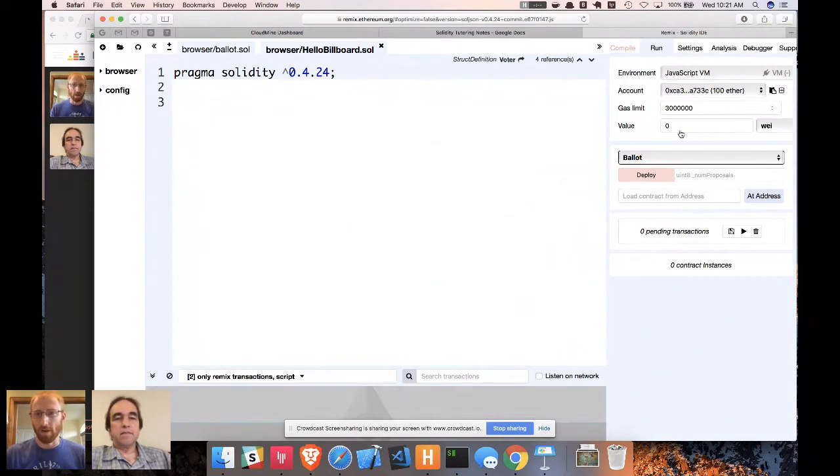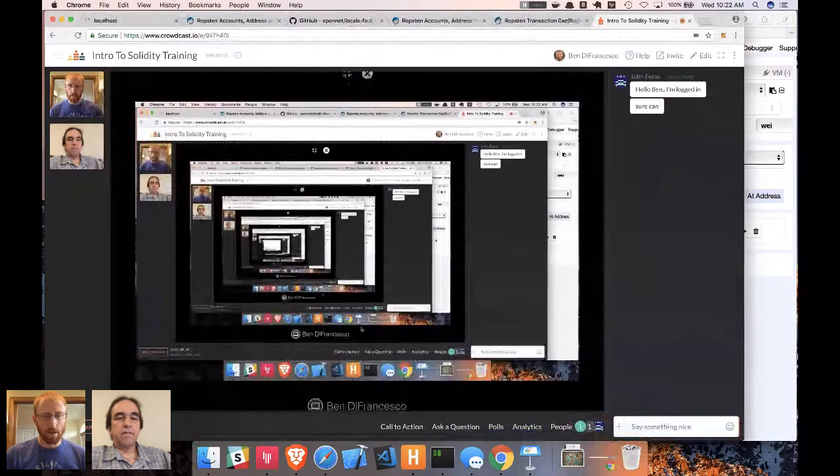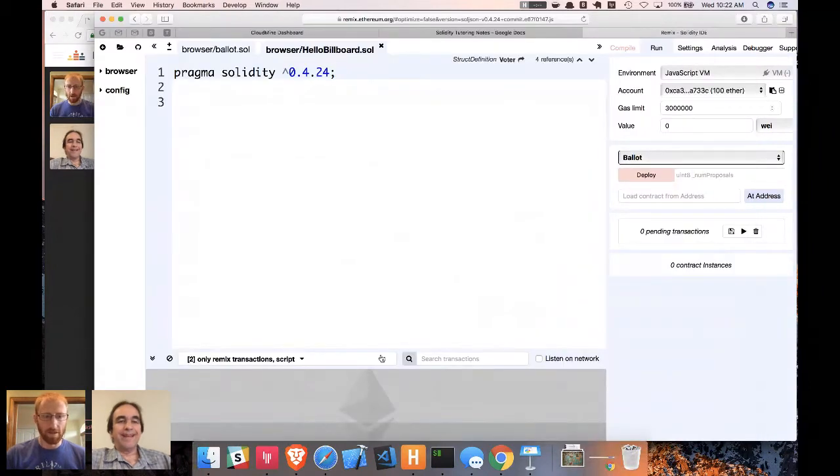That's pretty straightforward. And this is where we'll write the Solidity. And then down here, you get a console that will show you error messages and other stuff. And then on the right-hand side here, we want to go to this Run tab